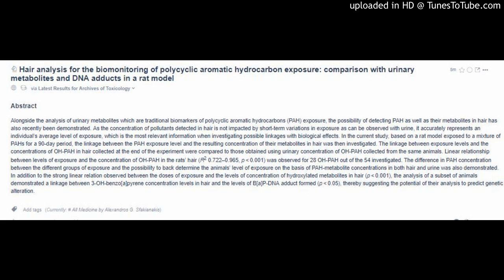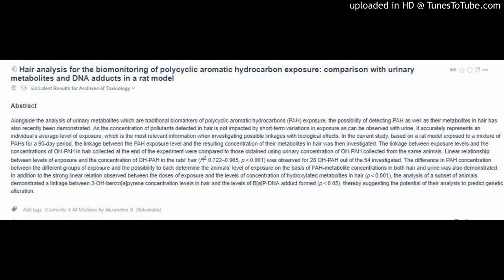Abstract. Alongside the analysis of urinary metabolites, which are traditional biomarkers of polycyclic aromatic hydrocarbons, PAH, exposure, the possibility of detecting PAHs as well as their metabolites in hair has also recently been demonstrated. As the concentration of pollutants detected in hair is not impacted by short-term variations in exposure as can be observed with urine, it accurately represents an individual's average level of exposure, which is the most relevant information when investigating possible